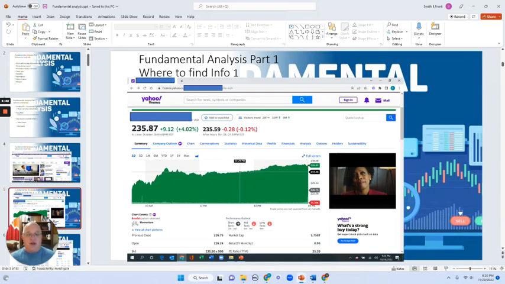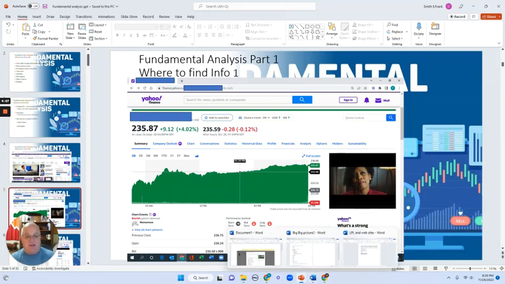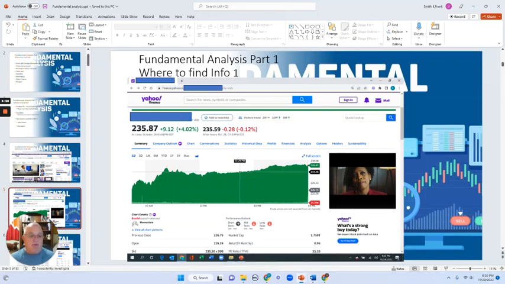The summary will give you the basic information about the firm. If you come down here, you can look at the stock prices and close and bid and asks and all that kind of stuff. It will also show how big the company is, market capitalization wise, the beta, which is a measure of how the stock moves relative to the market in general, price to earnings, and some other basic ratio information.